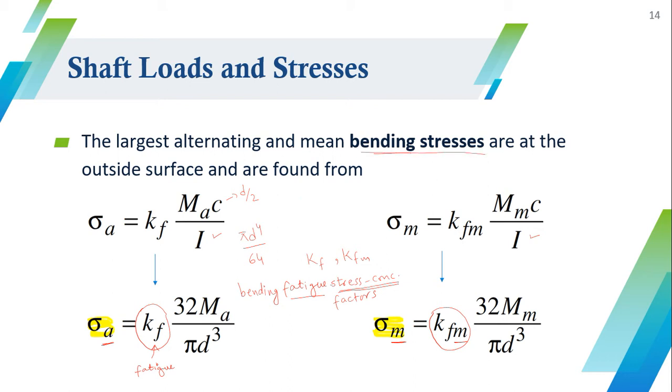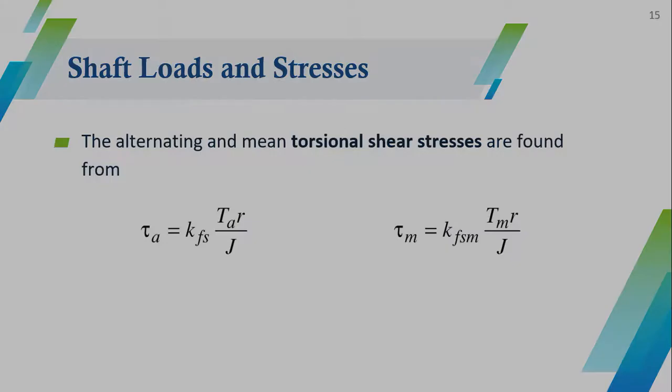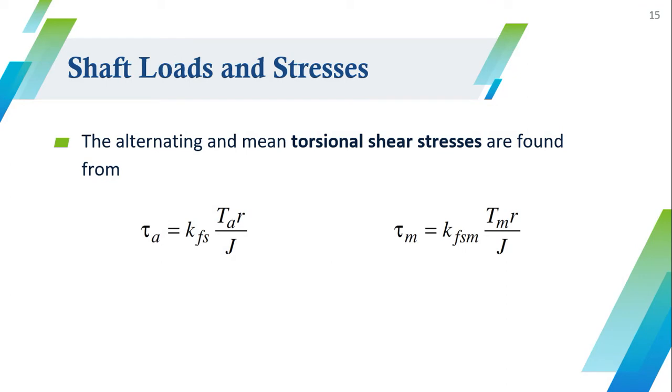Now what are the other stresses that we have? The other stresses on the shafts are shear stresses due to torsion. So now we are going to do the same kind of derivation for the alternating and mean components of shear stresses. Here you see the symbol for shear stress, tau, its alternating component, and then likewise we have the tau mean component.